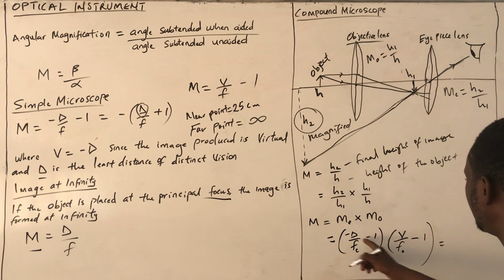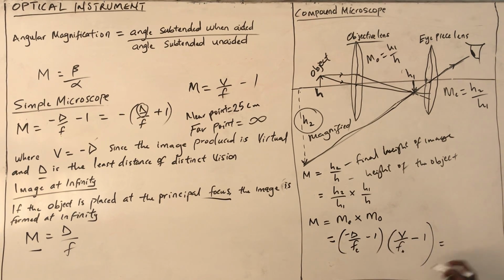So we can rewrite this, if I equate the negative, minus D over FE plus 1. That's for this. This can be written this way. So into